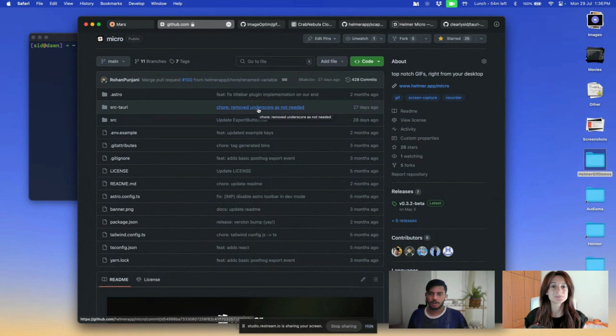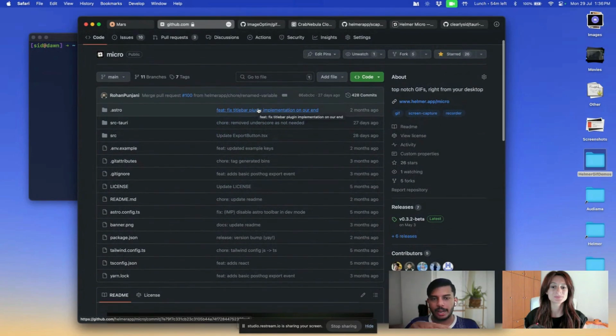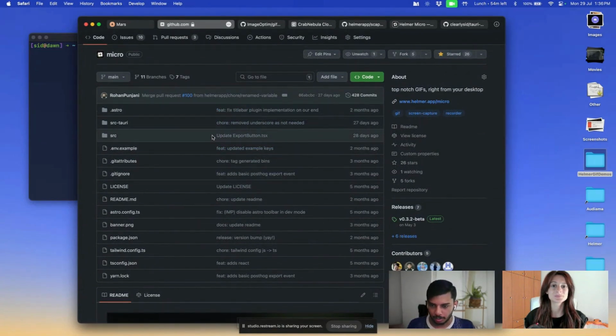One of the things that's still a challenge with Tauri is that because of the number of platforms you support, there are so many different configurations that need to be factored in while you're building a desktop app. We don't yet have a very consistent way of compiling one Tauri code base into multiple different platforms, right? So the way we handle that in Micro, and we can go over a few examples here,